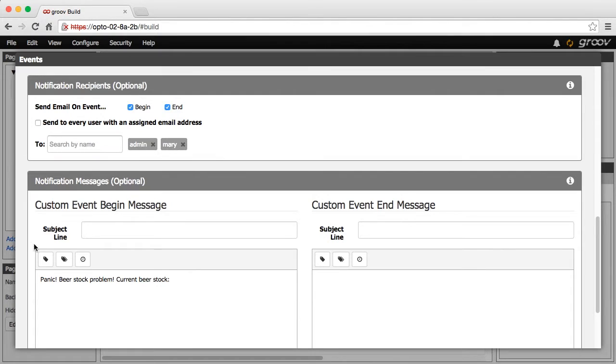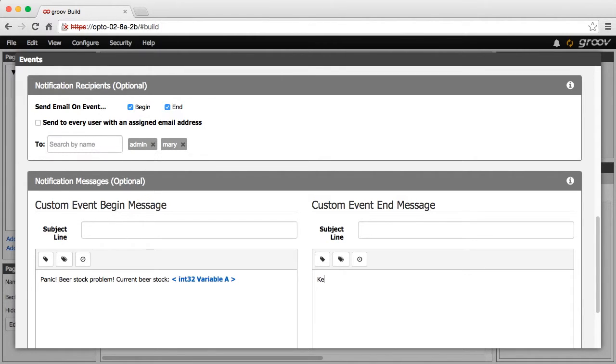I can click here to select from a list of condition tags. I'll include the tag this event is watching. It's the only one, so this list is short. But remember, I could include multiple conditions where this list would include all the tags this event is watching. I may also include any tag configured in this project, or this handy timestamp.